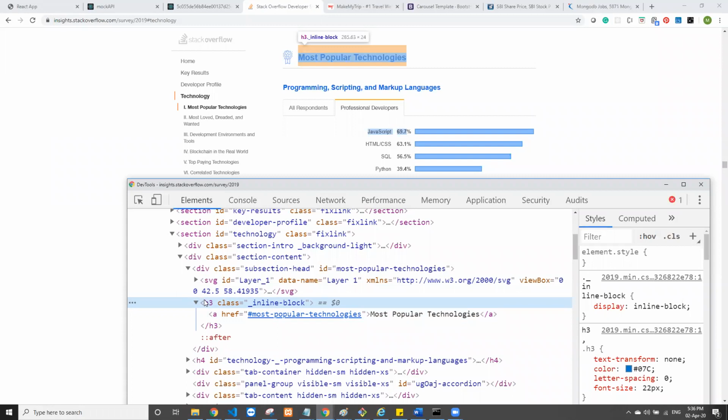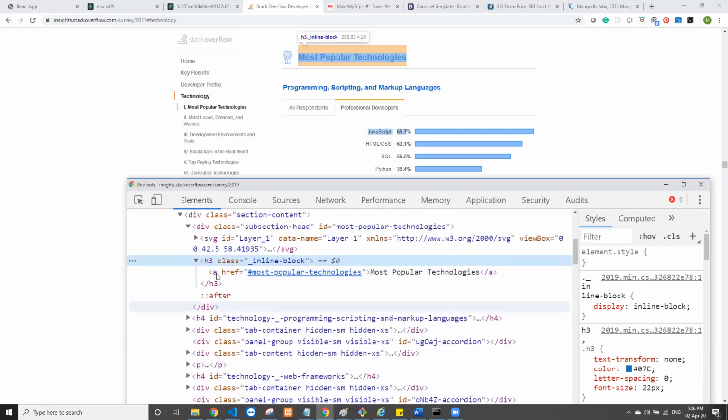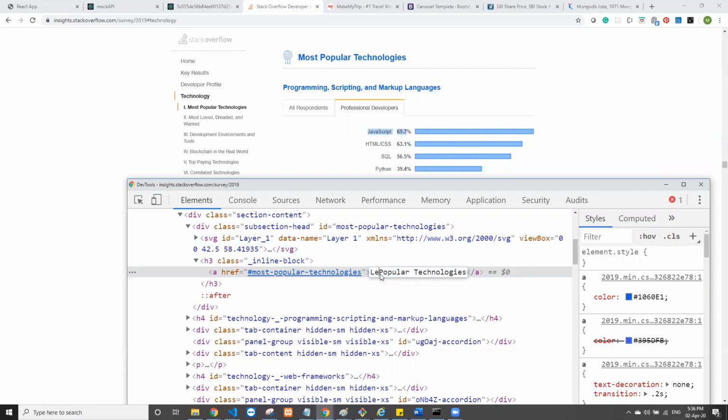What we have to learn throughout the session in React and JavaScript is how to manipulate these DOM elements. Let's say someone asks you to update the value of this H3 from most popular technologies to least popular technologies. How can you achieve it using JavaScript first, and how easy does it become if you are doing the same with React? We'll do some native DOM manipulation, and then we'll see how easy it is to upgrade to the React framework and what powerful features it offers.